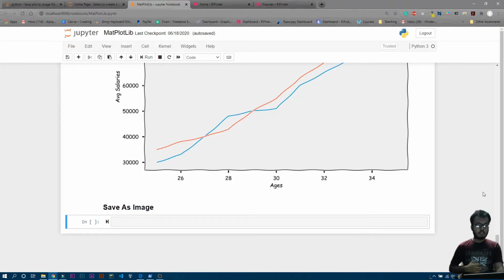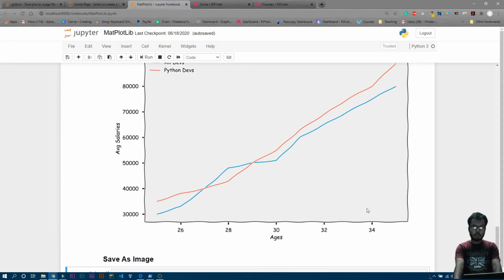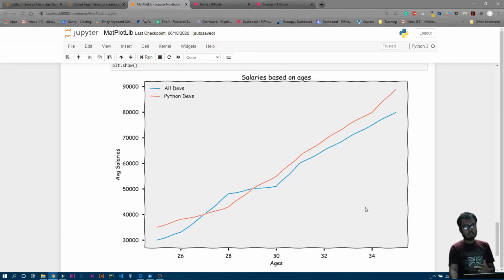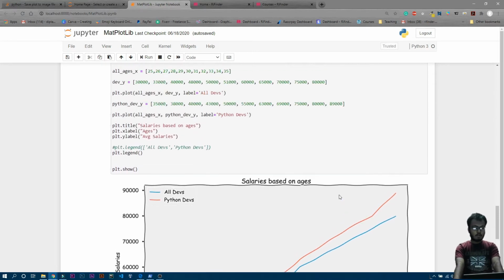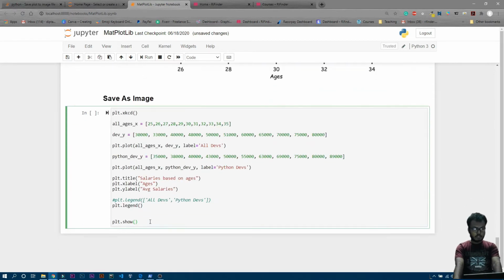So guys, this is a really quick video on how to save a plot. You can see we have this plot over here, right? But in case you want to save this plot on your device as a PNG file, JPG file or a PDF, you can also do that without installing any other module or library, right? So I'll just copy this code from here and paste it over here. Before showing this plot inside this Jupyter notebook or inside the code editor which you are using, we can just write one more line over here, that is